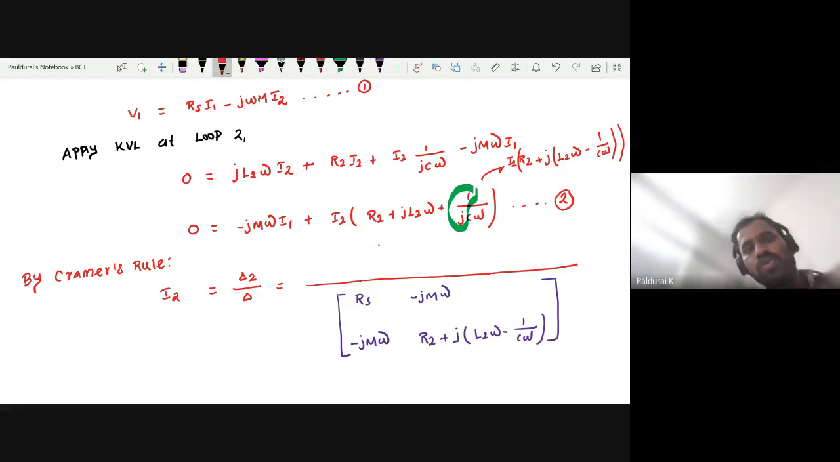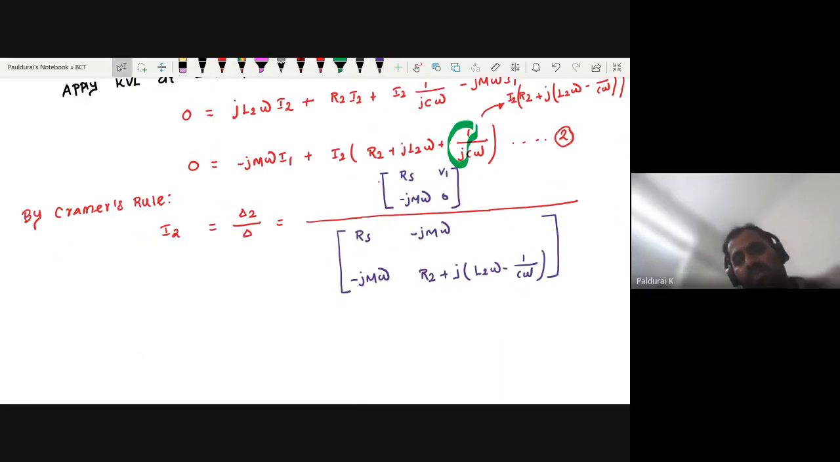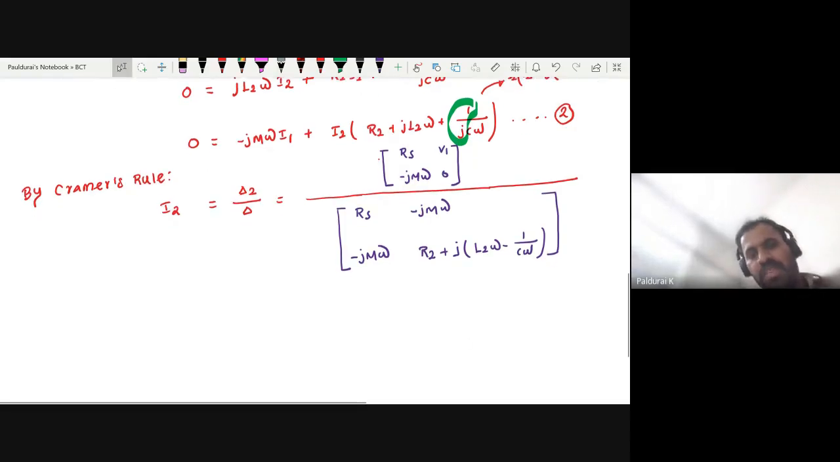What about del 2? So del 2, there is no change in column 1. So it is Rs minus jM omega. And you want to replace column 2 by V1 0, right? So it becomes V1 and it becomes 0. I hope you can remember Cramer's rule, del 2 by del. So now this is my I2. So I2 becomes,